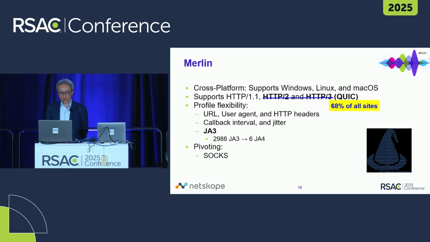Another feature I like is the JA3 randomization. JA3 is a technique that fingerprints the TLS during the TLS handshake. In that handshake, the client will tell the server what kind of cipher suites it supports. By randomizing that supported order, tools like Merlin that can randomize the JA3 signature could further mess up the security control.